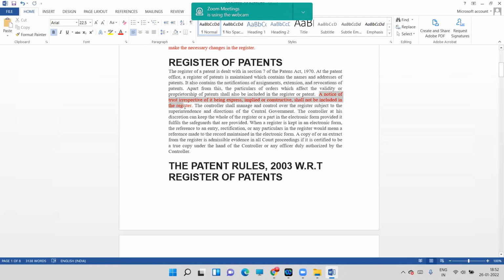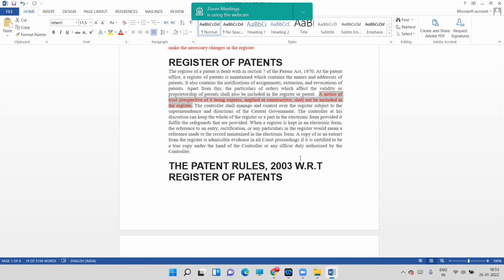So this sentence is very important. So note down this one. So what can we do to avoid this type of problems? Suppose a notice of trust is related to the time after the death of a person who is the inventor, and his legal